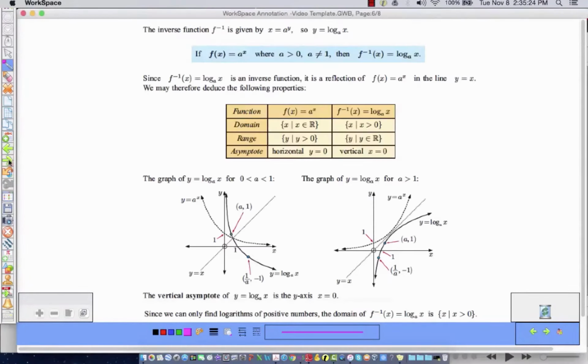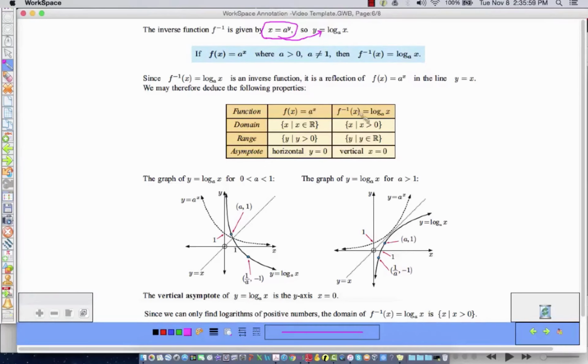We know that. Okay? The inverse function of y equals a to the x is x equals a to the y. And in logarithmic form, y is equal to log base a of x. So what that tells us is if we have f of x equal to a to the x, then its inverse is log base a of x. Get it? Because x equals a to the y, which is equivalent to this. So the inverse of a to the x is log base a of x, which is tremendous news because if